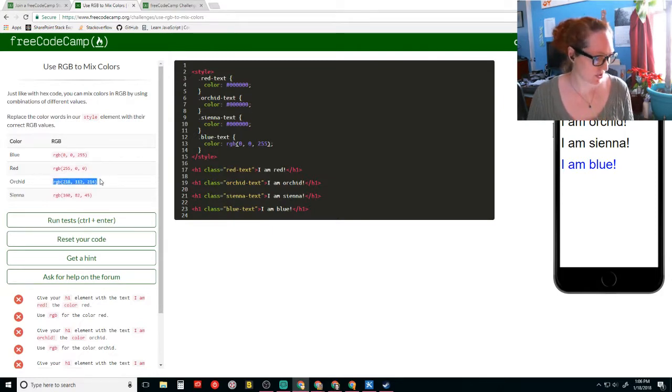Orchid. Let's see what color orchid is. Probably the color I tried to start my lips out at today, which was okay, but then I am constantly eating, drinking, talking. It's gone.